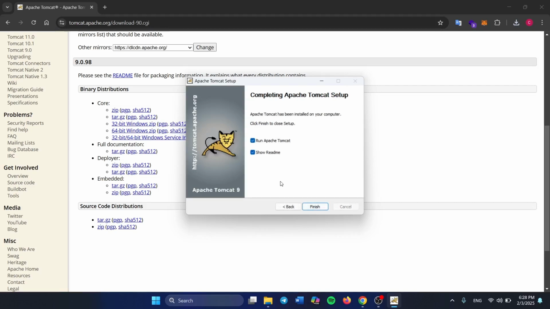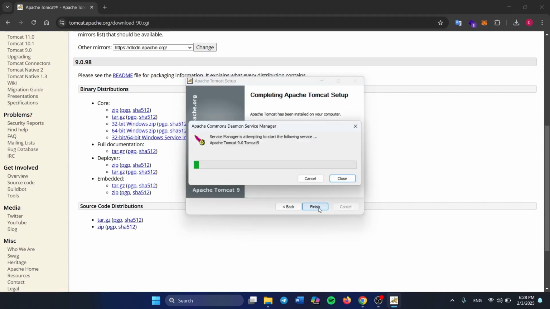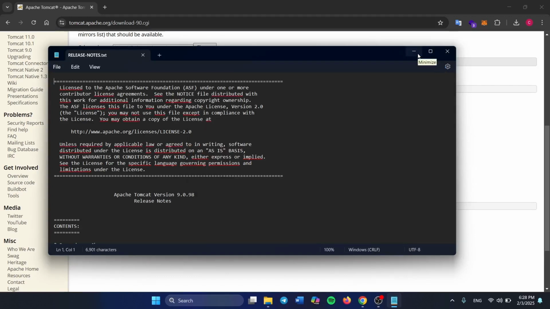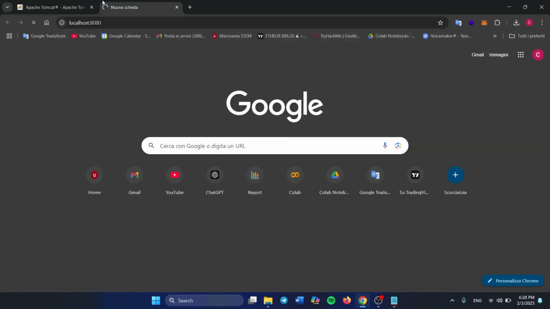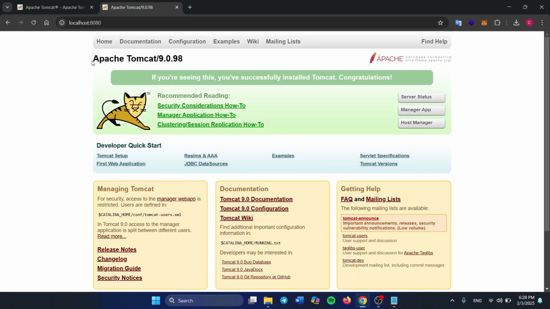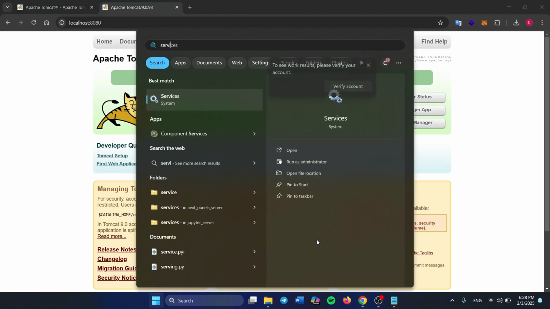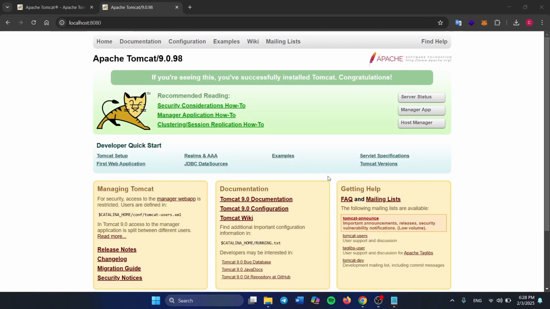Then, when the installation process is finished, click on this, and Tomcat should be already running. In fact, if we search for localhost at the port 8080, we should see the Tomcat main page. Also, you can open the service page on your Windows computer,